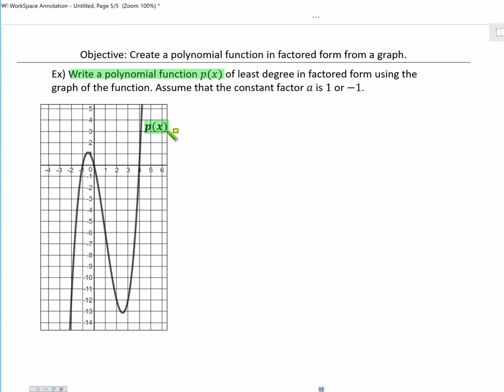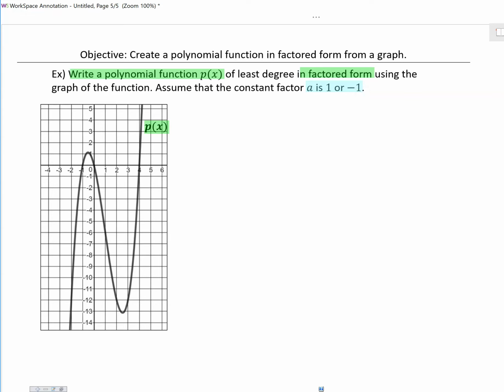It'll be of least degree, meaning that we'll only use the given information we can see in the graph. It should be in factored form, so we don't have to multiply it out. That makes our job easier. And we will assume that our leading coefficient, our a value, is either positive 1 or negative 1. So we won't worry about vertical stretches or compressions in this. We'll just assume that we either have an x-axis reflection or we don't, compared to the parent function for the